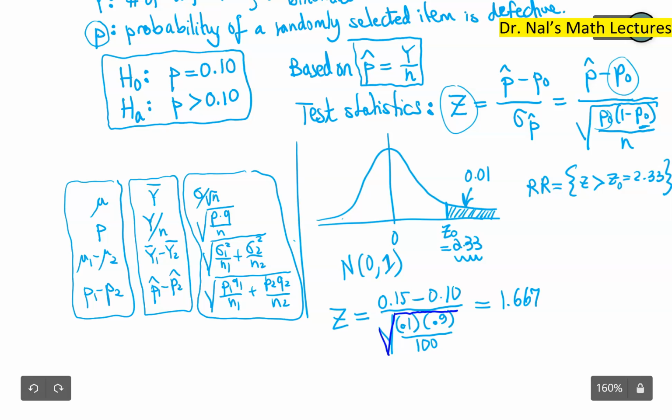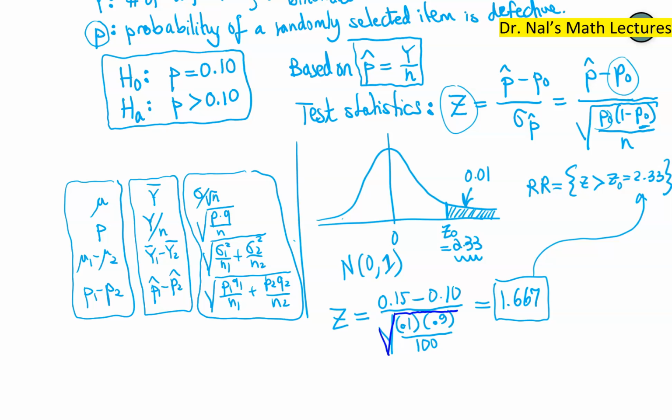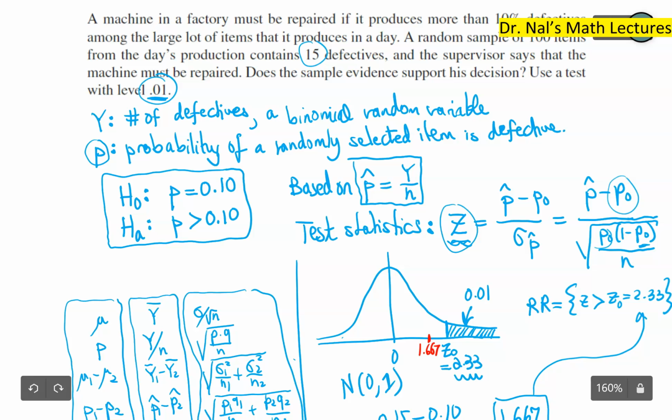1.667. Now, it's kind of strange because when you compare it with the way we defined our rejection region, the value of z falls... We usually write this as lowercase. When we define it, it's uppercase, but when we calculate it, it's usually written in lowercase. So z turned out to be outside the critical region, right? Our z came out somewhere here, 1.667. Do you see that? Less than the rejection region. Oh boy. So therefore, we fail to reject the null hypothesis at the significance level of